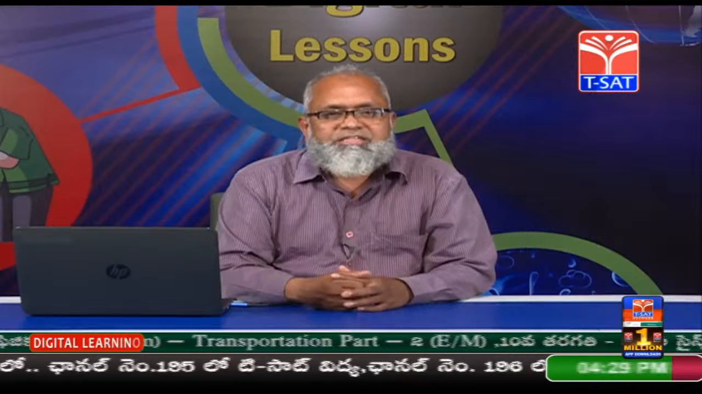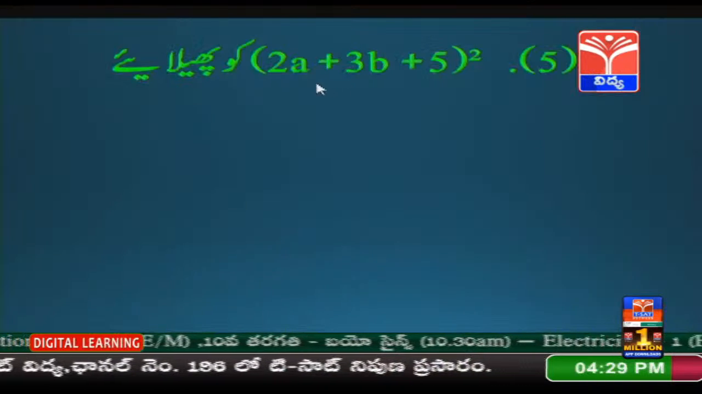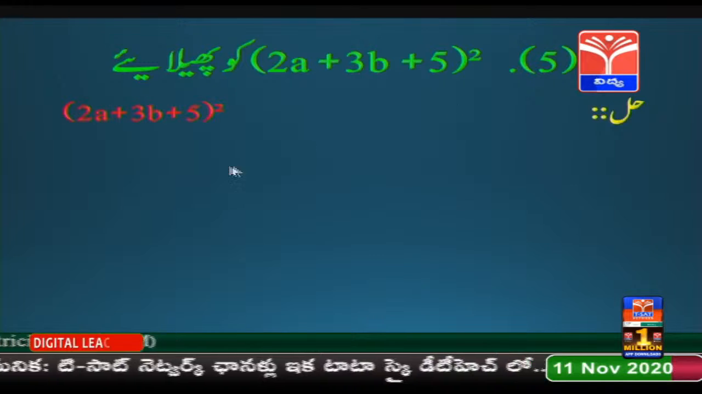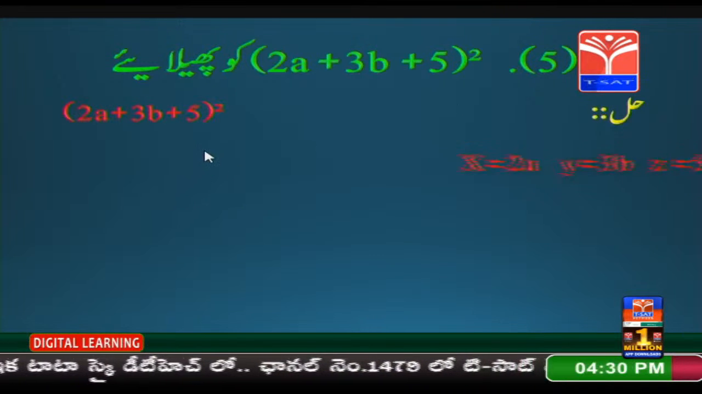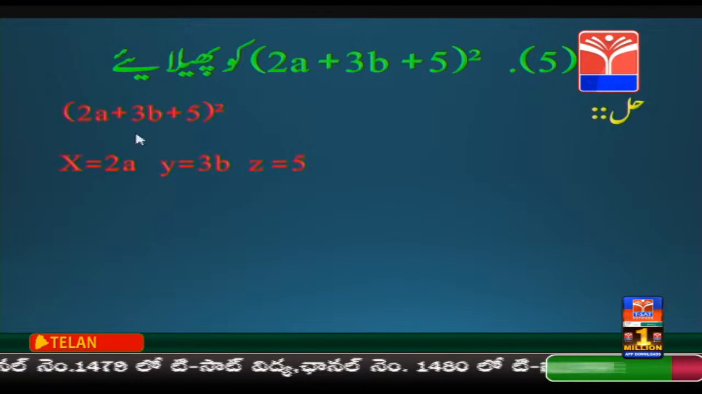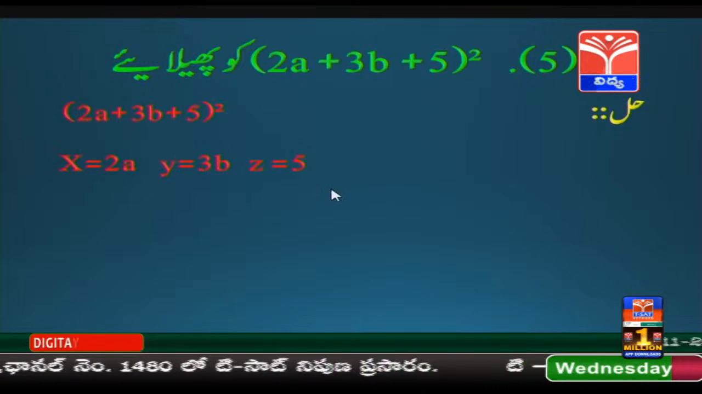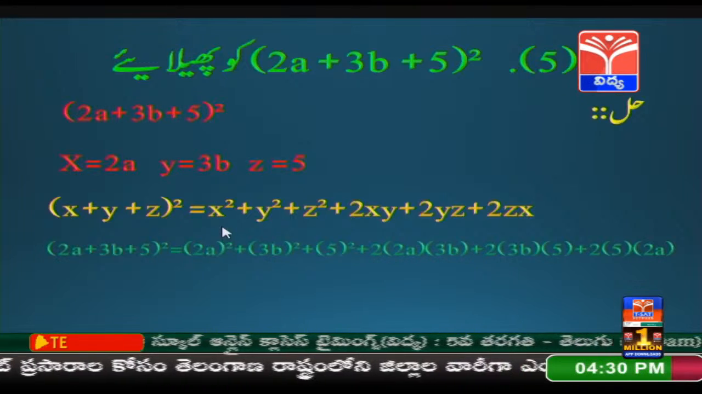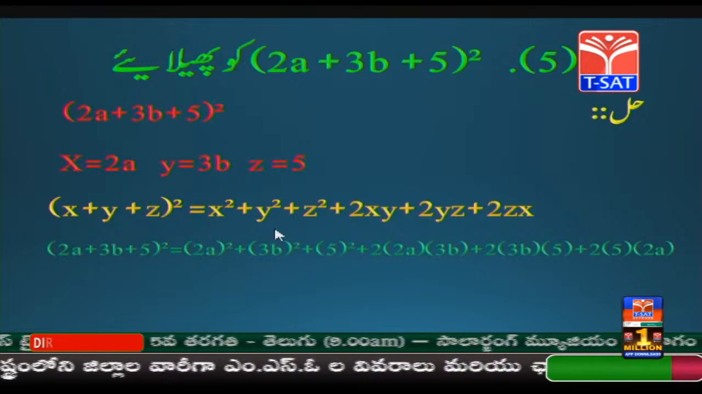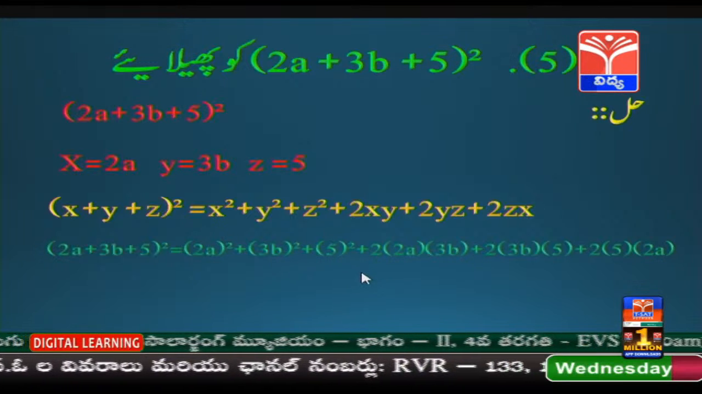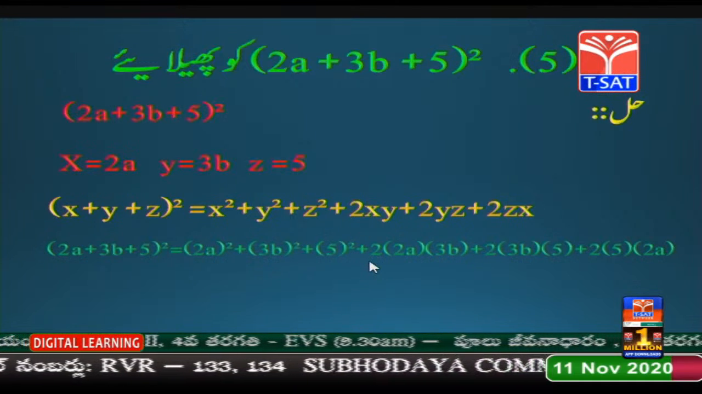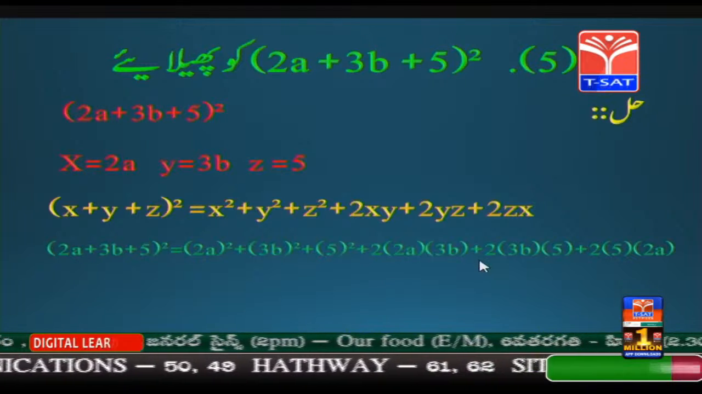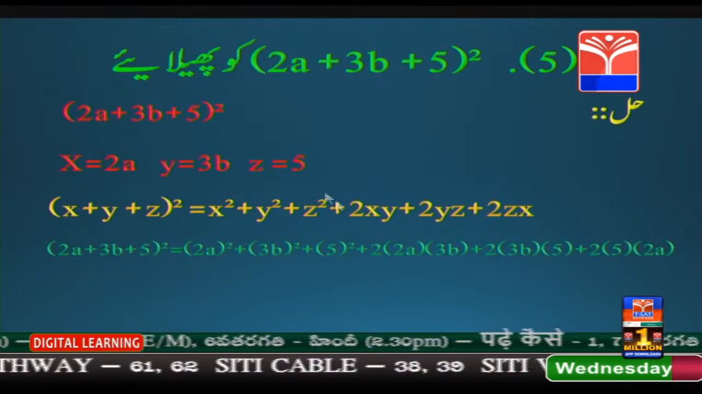इन मुतमासिलात की मदद से आपकी दरसी किताब में मौजूद चंद सवालात हम हल करेंगे। 2a जमा 3b जमा 5 की दूसरी। हल में सवाल जैसे का वैसा, 2a जमा 3b जमा 5 की दूसरी। ज़ाब्ता यहां गौर कीजिए, x के बजाय 2a, y के बजाय 3b और z की जगह 5। ये ज़ाब्ते को लिखने पर x जमा y जमा z की दूसरी मसावी, x की दूसरी के बजाय 2a की दूसरी, फिर y के बजाय 3b की दूसरी, z 5 की दूसरी, फिर 2xy, 2x के बजाय 2a 3b, जमा 2yz, yz 3b जमा 5 जमा 2zx, z के बजाय 5 2a।